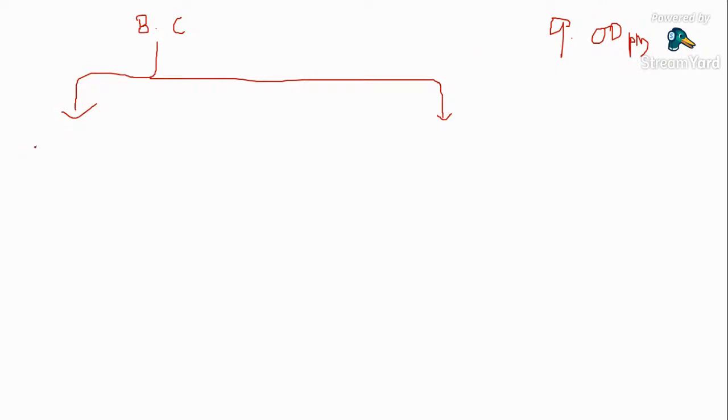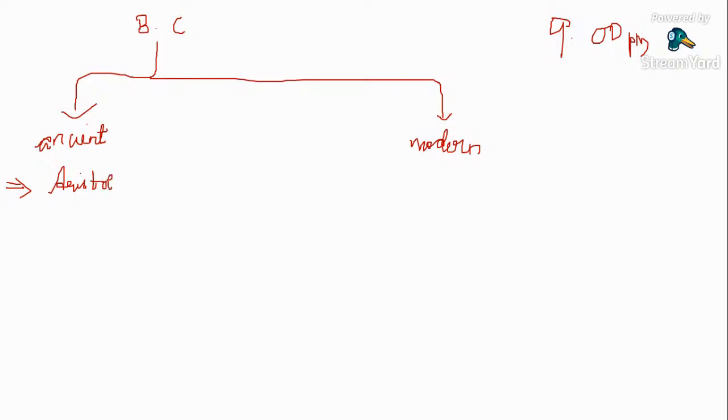So the basis of classification is ancient and modern. This is a basic outline. Modern classification. Okay, you may leave. The ancient system of classification is given by two scientists, that is Aristotle.